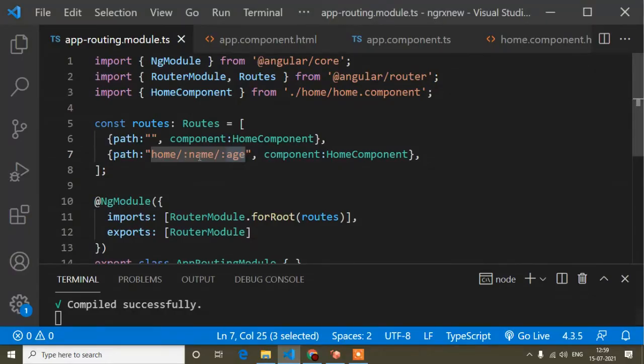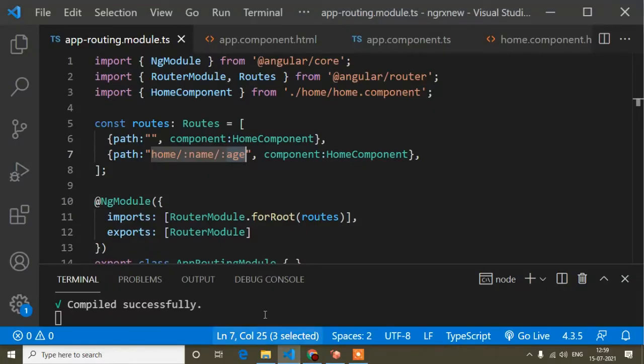And guys, suppose I am facing a scenario where I have to get the parameter values. You can see name is creative developer and age is 26, so these are the parameter values. Suppose I need to get these parameter values, so how can I do that? In this video I will discuss that.